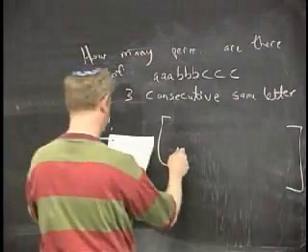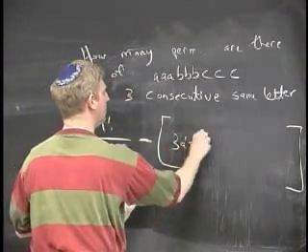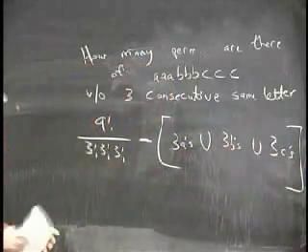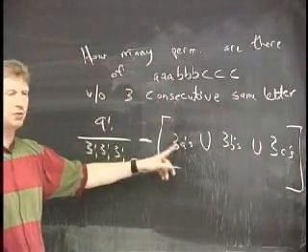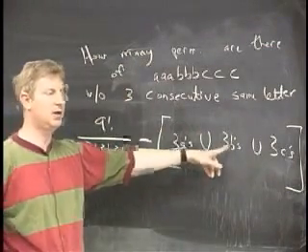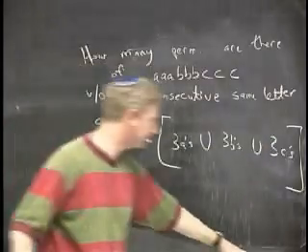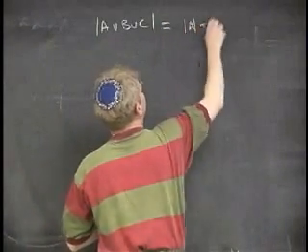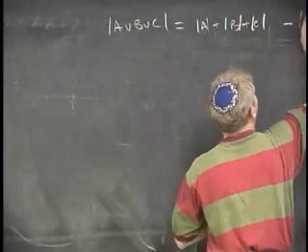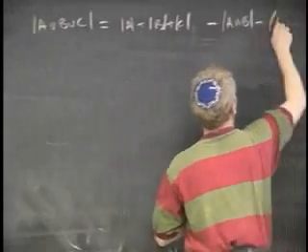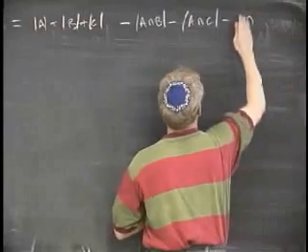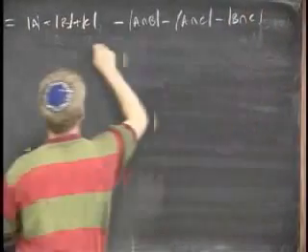So I'm going to write down 3 A's, union 3 B's, union 3 C's. And make a note to yourself, because if you look at it later, you'll forget what this means. This means all strings that have 3 consecutive A's in them. This means all strings that have 3 consecutive B's in them, all strings that have 3 consecutive C's in them. A, B, C, minus A intersect B, A intersect C, A intersect B intersect C, thank you, plus